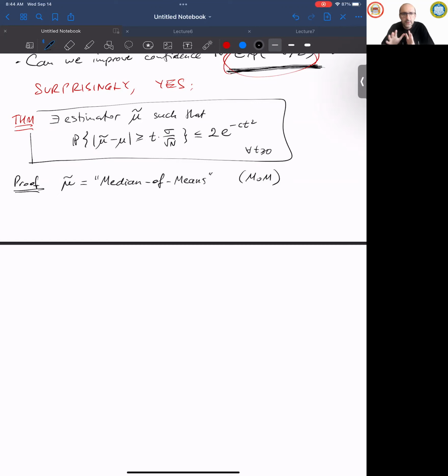Does everybody know what median is? Median of a set of numbers. I give you 10 numbers, and the median is the one that breaks it into 2 parts, like half of the numbers are smaller, and half of the numbers are larger. Let's say the median salary in the United States, I don't know what it is, like $30,000 a year. Median salary means that 50% of the population earns less than 30,000 and 50% earns more than 30,000.